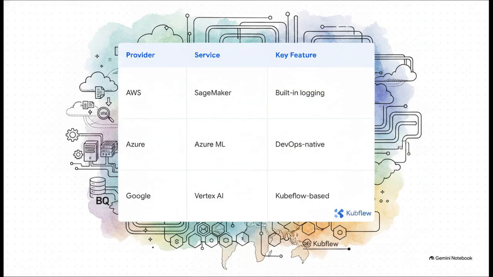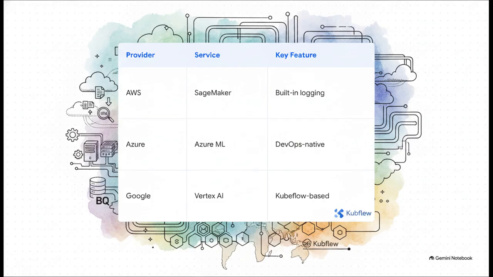AWS offers SageMaker pipelines, which is great for its built-in logging and S3 integration. Azure provides Azure ML pipelines. These are incredibly DevOps native and super hybrid friendly. Then Google offers Vertex AI pipelines, which is based on Kubeflow and tightly integrated with BigQuery. And, of course, if you have strict data residency requirements, you can always run Kubeflow directly on Kubernetes for a